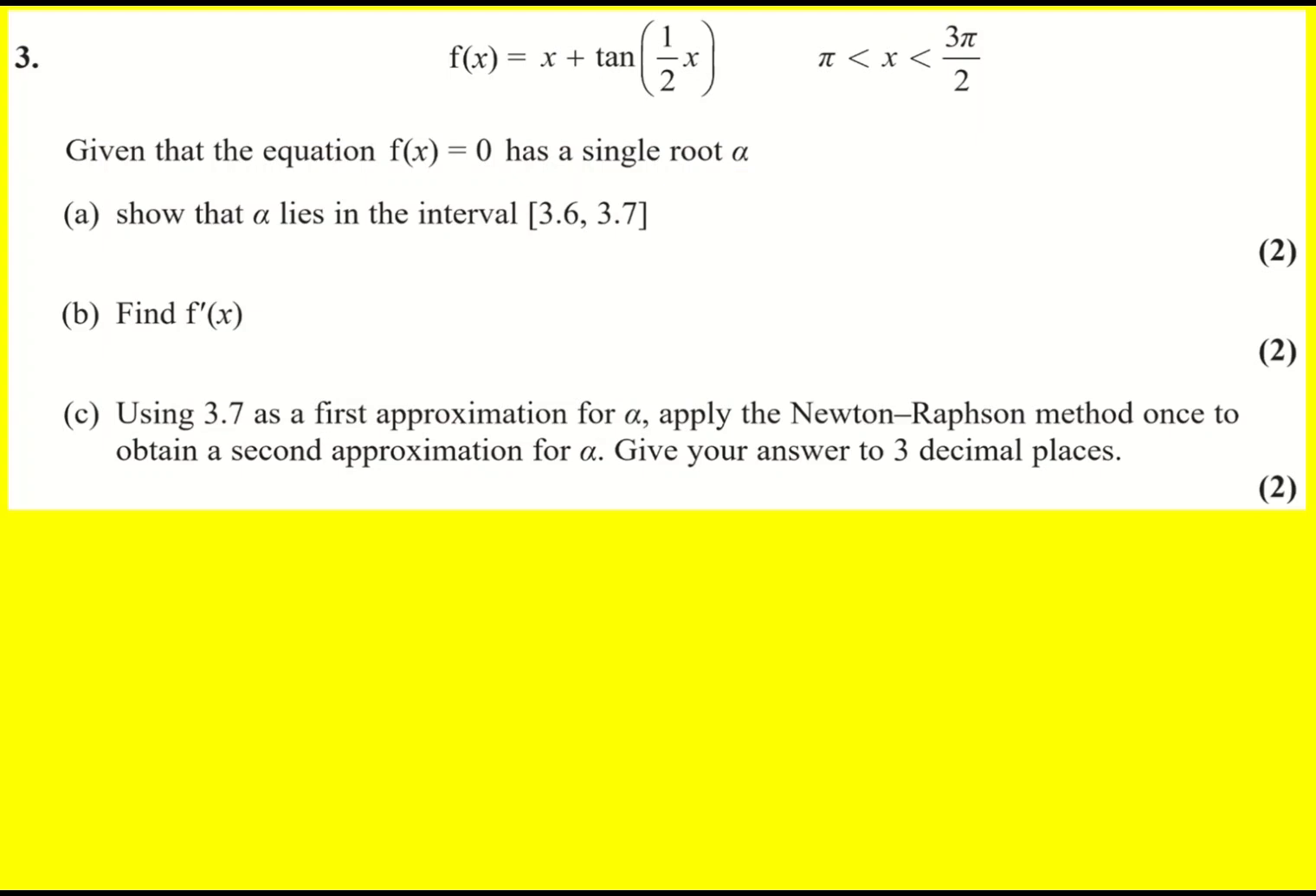f of x is given here, and we're told that the equation f of x equals 0 has a single root alpha. I'm asked to show that it lies in the interval 3.6 to 3.7. So what we're going to seek here is a sign change. We're going to look at 3.6, and if we can show, say, that it's negative here, and then at 3.7